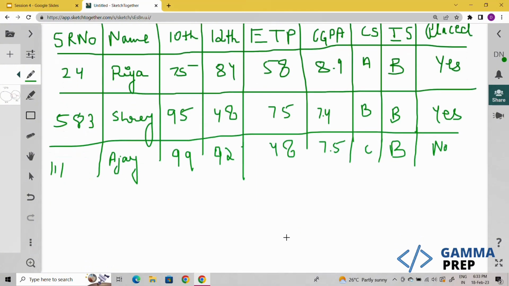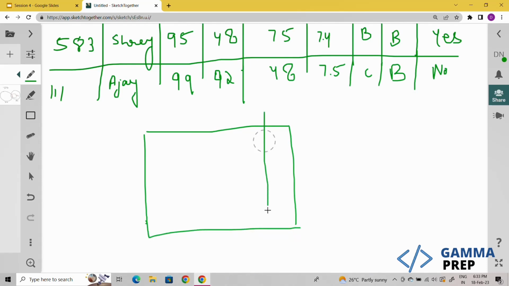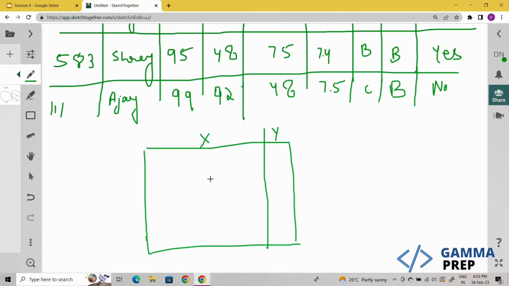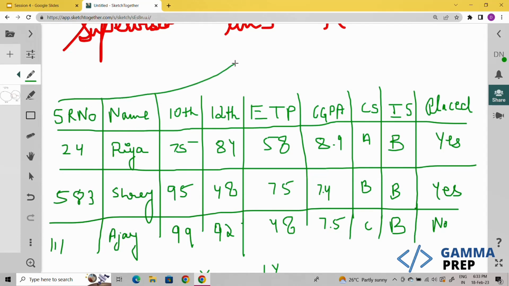So for the past data that we have of the 100 students, basically those students who have already sat for placements, this data basically has Y and has X. X basically means all these attributes. Now, based on all these attributes, attributes means columns. So all the columns can be called as features or attributes, and the records will be called as objects.